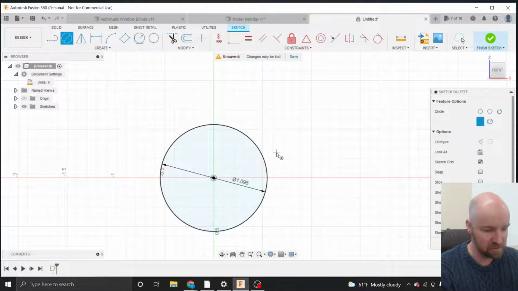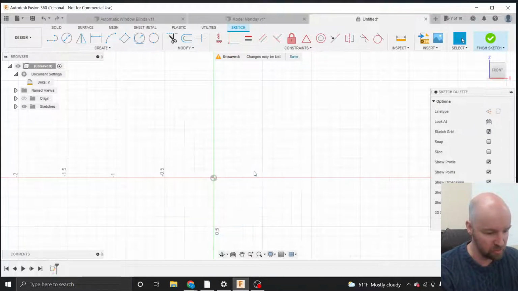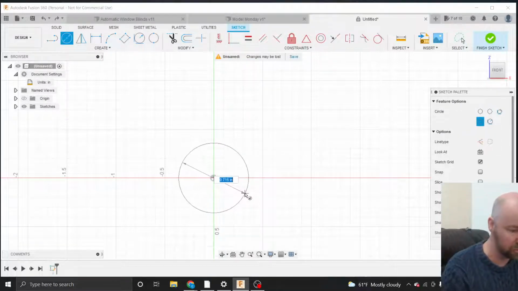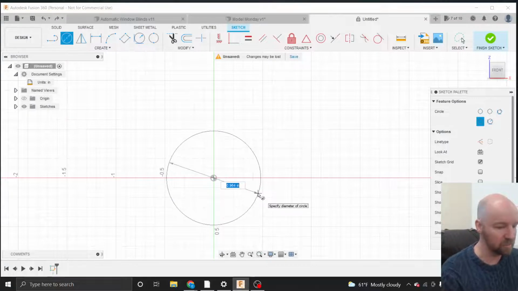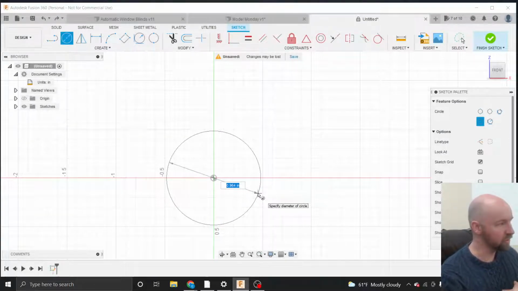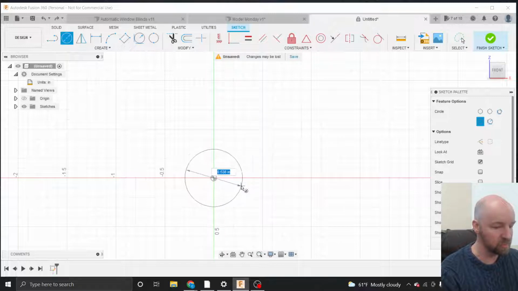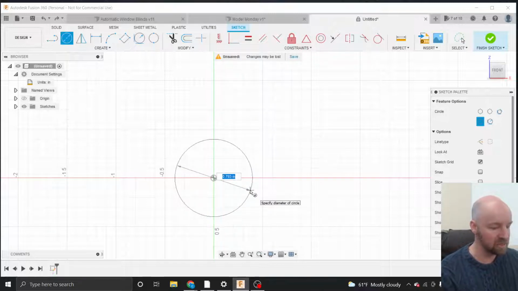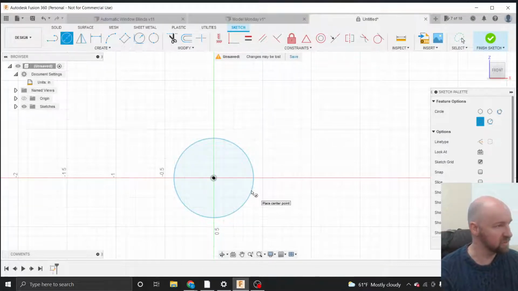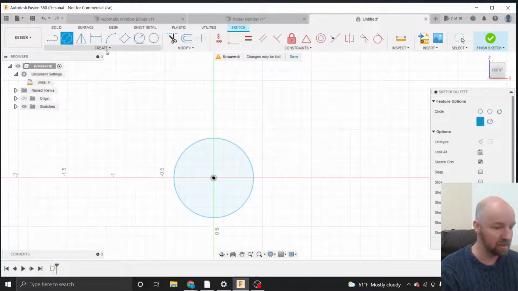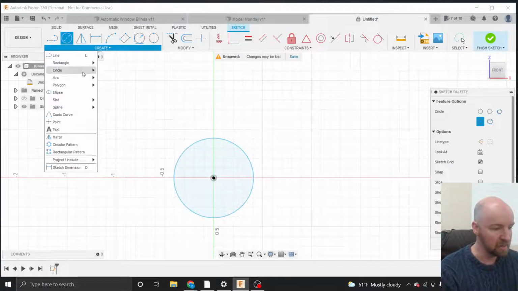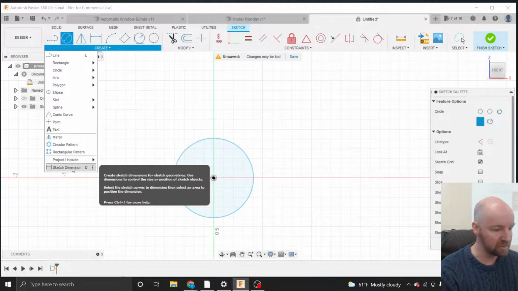That is just another way to draw. When I encourage people, when they move their mouse out and you see numbers, you should let go of your mouse and just start typing numbers. But if you don't do that, if you just make your circle, you can add a dimension to this after the fact. From the Create menu, if we scroll down to Sketch Dimension,